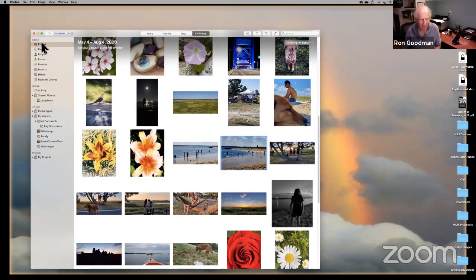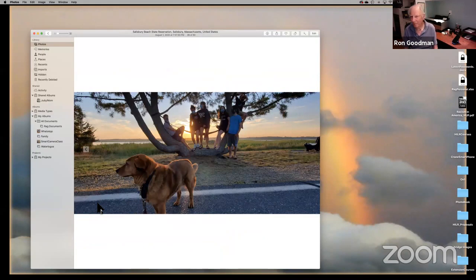I want to show you the difference. Now I'll show you the difference between a snapshot and a photograph in one easy lesson. Here is a snapshot. Okay? The dog's important, but